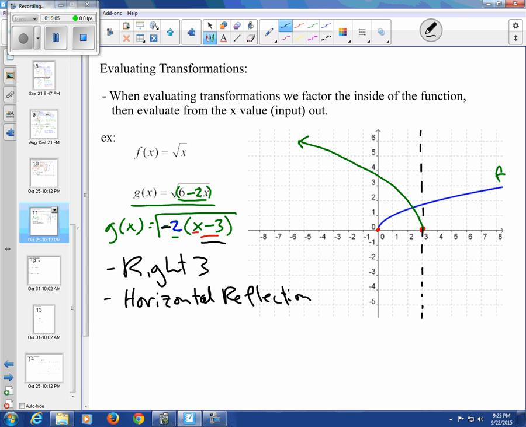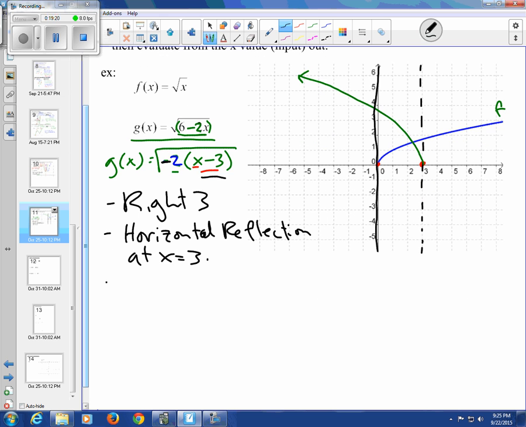And again, here we want to be specific: at x equals 3, right? Because it's not a horizontal reflection over the y-axis. It's a horizontal reflection where the function thinks the y-axis or the origin is. And then finally, right here, I'm going to evaluate that multiplication of 2, and that's going to be a horizontal shrink